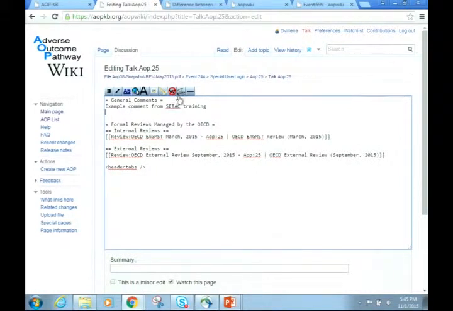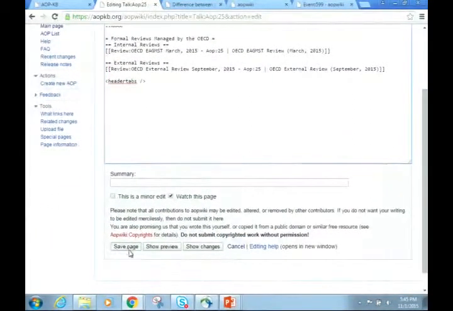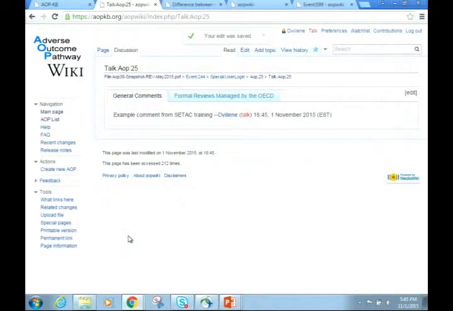And then up here, there's this little squiggly sign that looks like you signed your name, and you just click that. And then if we come down here and save the page, what we will see is now it has noted who it was that made the comment and what the comment was. Now, if this were really somebody else commenting on Dan's AOP, then he would come in, click that edit box, go underneath that, put his response, and then click his signature, and it would show that he had responded.